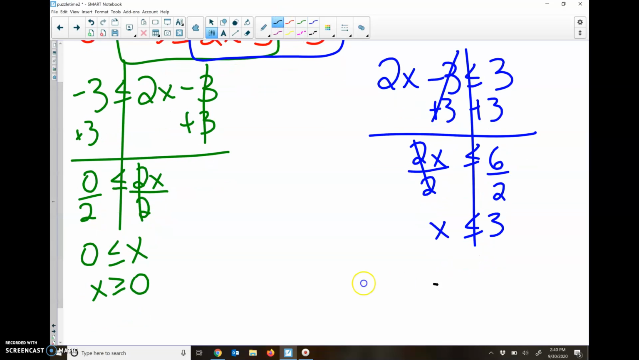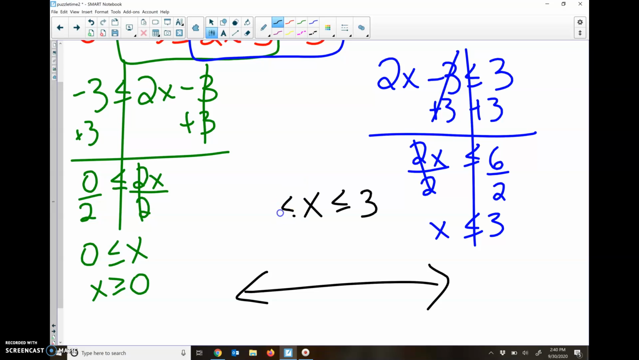All right, so now if I write this out as a compound inequality, I have x in the middle, and I know it has to be less than or equal to 3. And I have 0 on the outside, and I know x has to be greater than or equal to 0. So maybe on these problems, you don't want to rewrite it, because you can pretty much just combine these two to get that one. Okay, and then when we graph this,